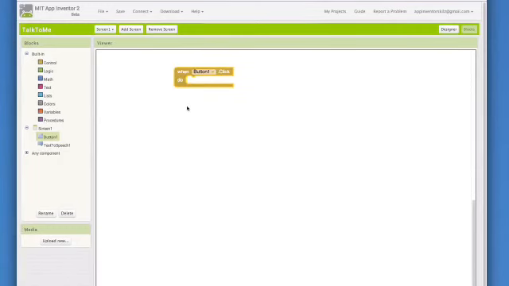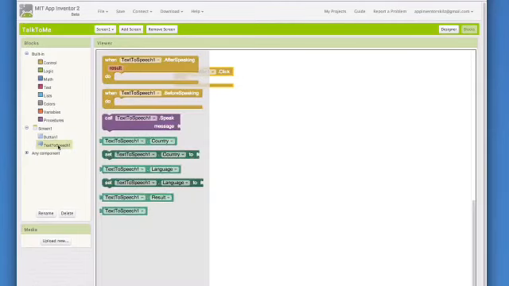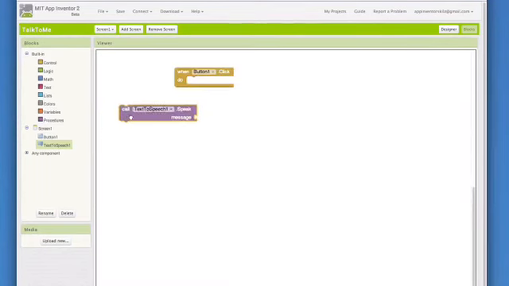Now we have to put in the blocks to tell the app what to do when the button is clicked. Go to the TextToSpeech component. Click on it and see all the blocks that go with TextToSpeech.